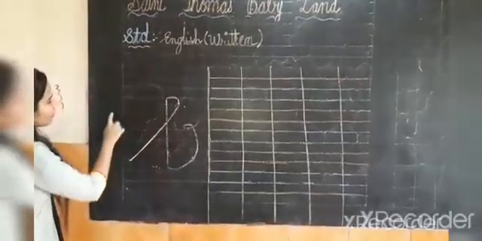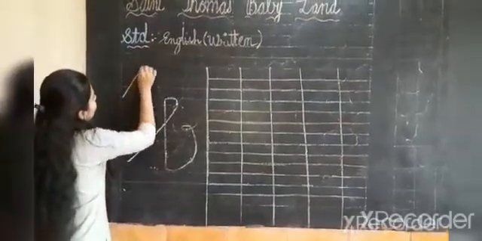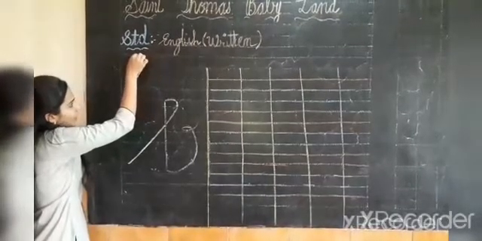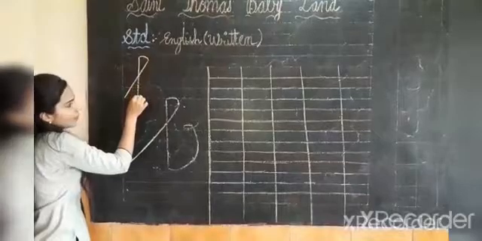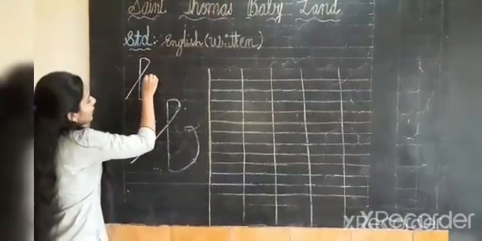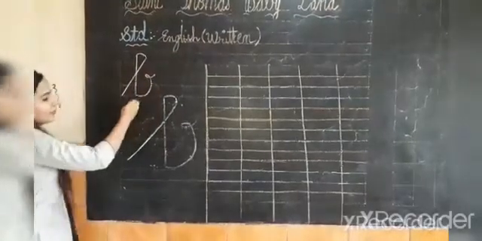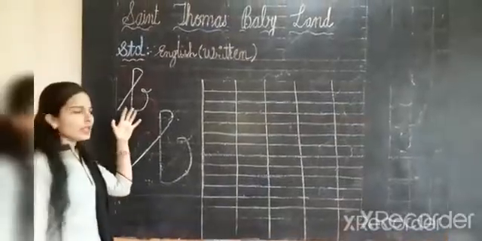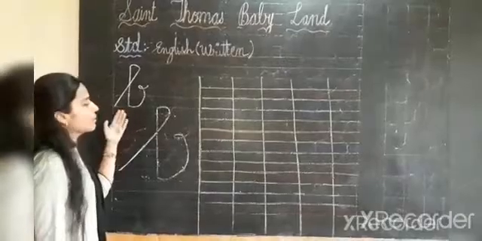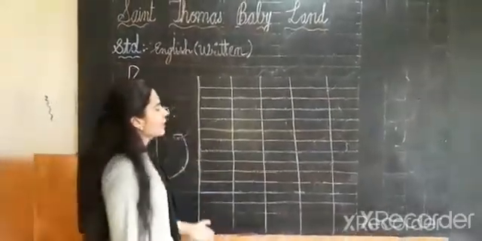Again I show you, I draw here a small one. Slanting line, then curve, then come down and do a straight line. Okay. Then D curve. Then from here you have to do a small curve again. This is our B. Cursive B. Small cursive B. B for ball. Okay. So now I write here.